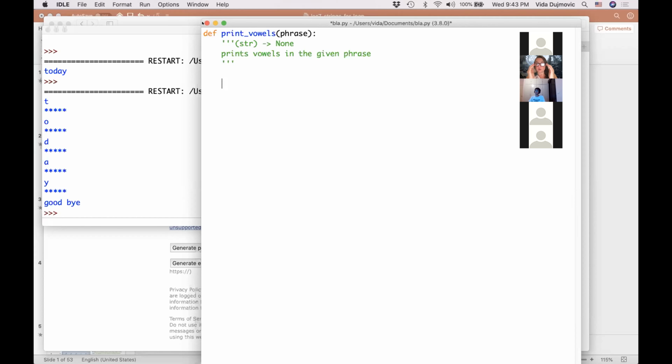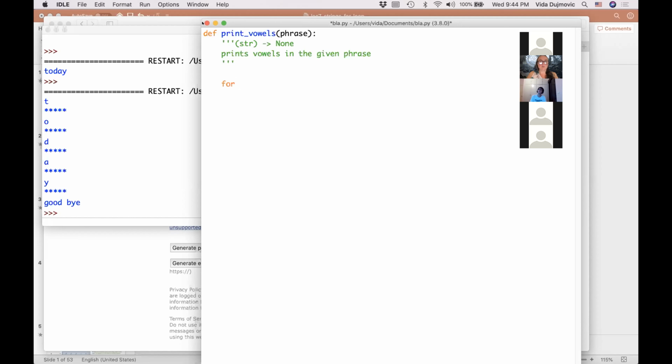So what's the solution? You go through the characters of the string one by one. For each character, you test if it's a vowel. If it is, you print it. If it's not, you move to the next character. That's a solution in English. Whenever you hear yourself say, I should go through the characters of a string one by one, or the elements of a list one by one, you should think, what tool in Python allows me to do that? It's a loop. Loops go through the characters of a string one by one, and each time it takes a character, it stores it in a variable.